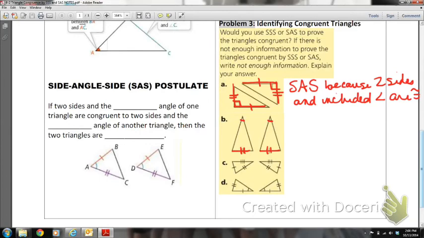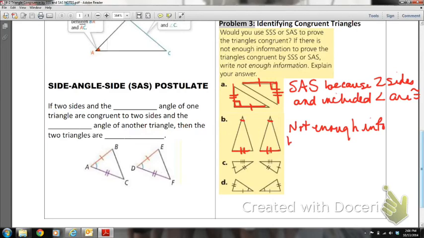To use either one of the postulates in this lesson, you have to have either all three corresponding pairs of sides be congruent, or you have to have two pairs of congruent sides and the angle that's included between them. You don't have either one of those. So here we have not enough information to determine if these triangles are congruent or not,